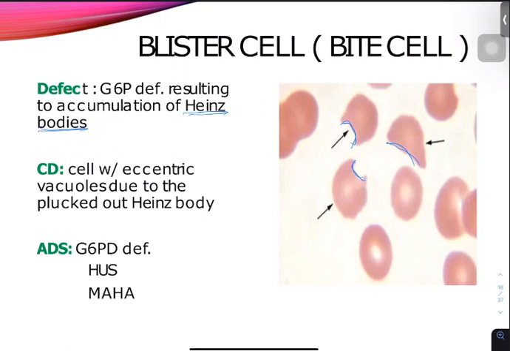The cell looks like, with eccentric vacuoles due to the plucked out Heinz body. Okay? Then associated diseases, your G6PD of course, your HUS, and your MAHA. Hemolytic uremic syndrome is your HUS. Okay. So next is your